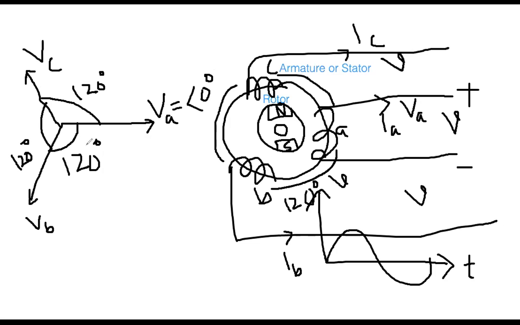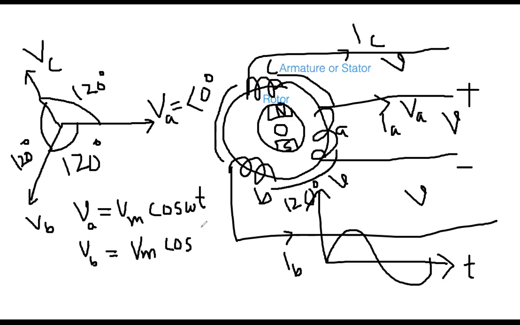So when you will be writing the expression, you noticed that VA equal to VM cosine of omega t. That is for phase A. Then once you will be writing the equation for phase B, again, the magnitude is the same. Everybody notice the VM, this is the same. Only difference is the phase angle. So here this is omega t minus 120 degrees. That minus is coming because you have placed the coil physically 120 degrees apart. That is the reason.